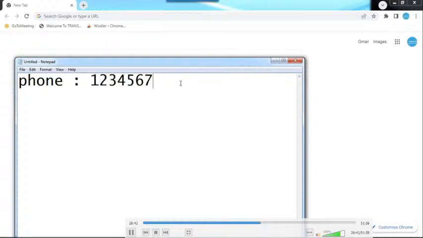If I give an invalid number, where I'm not giving a complete 10 digit number, this kind of testing we call negative testing. So we need to do both, positive testing and negative testing. While you're testing that application, you need to check both positive testing as well as negative testing. Is it clear?